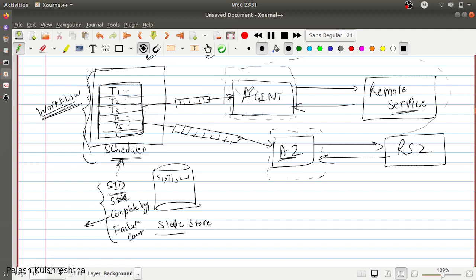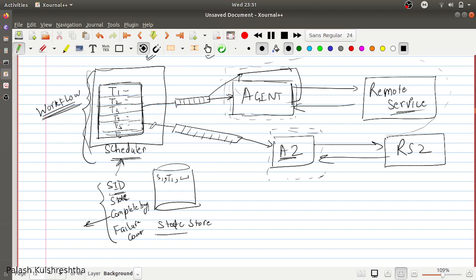That way, the agent will not be overwhelmed, and we can implement a scalable solution. For example, you can have multiple agents which talk to the remote service, each reading from this message queue, and can be scalable. So scheduler and agent interaction always happens via message queue. You can implement other ways also, but that is the standard practice.